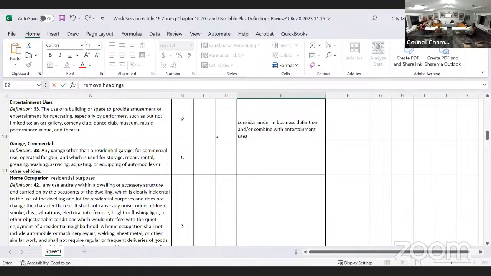It's also use specific and property specific. So if that individual sells, or it changes hands, or they do something differently with it, then that use is no longer valid, and they'd have to start the process over again. So if it was an existing